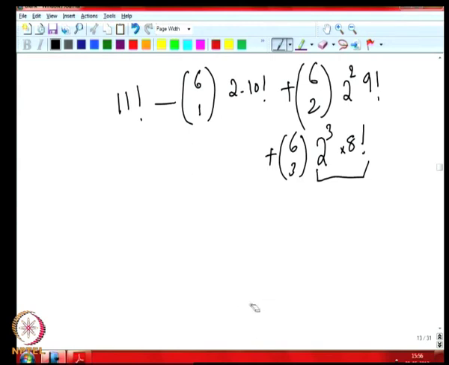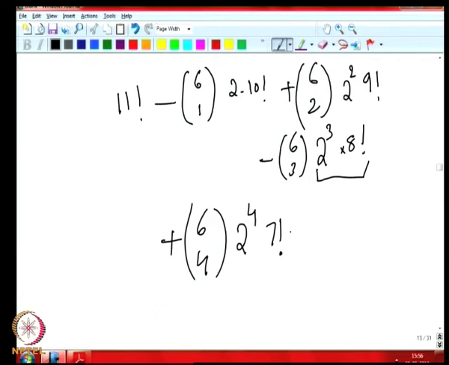So, there are 3 sets that i, j, k from 1 to k can be selected in k choose 3 ways. So, this was minus, and then next is plus. So, that would be 6 choose 4 into 2 to the power 4 into 7 factorial. So, the student can easily figure out what is happening here. 6 choose 5 into 2 to the power 5 into 6 factorial, and the last one will be